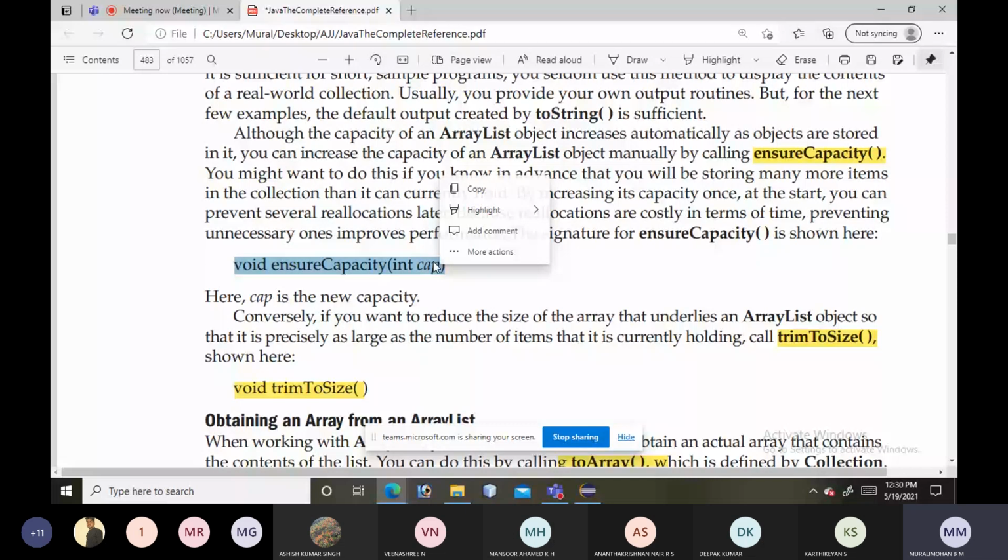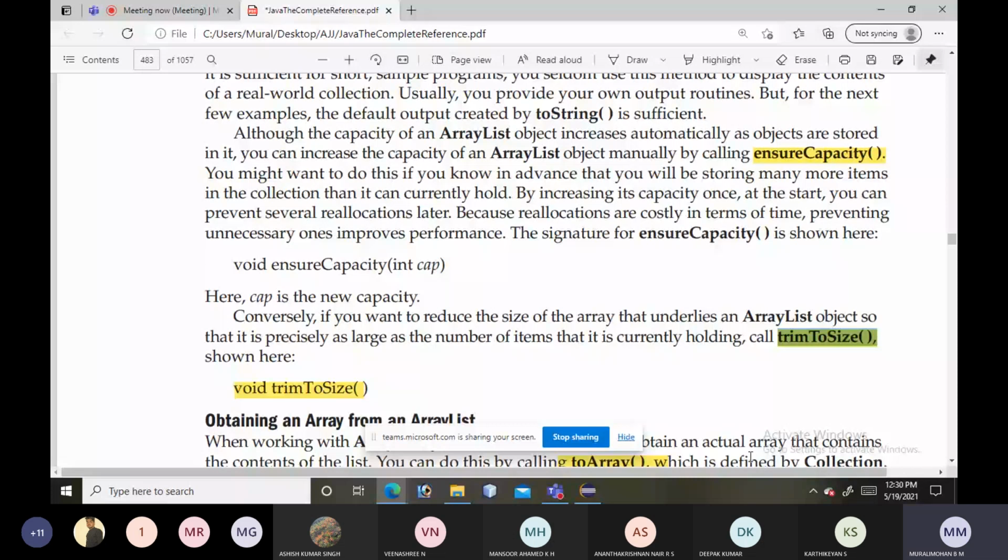Again, when you try removing elements, suppose you allocated 50 locations, you specified the capacity as 50, and you added only 20 elements into the ArrayList. What about the other 30? We should bring it back to the size of the ArrayList. For that we can use the trimToSize method.